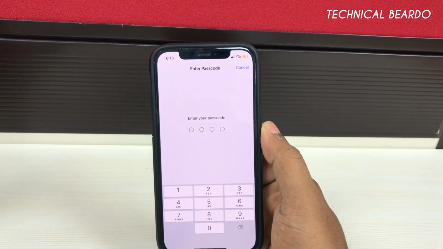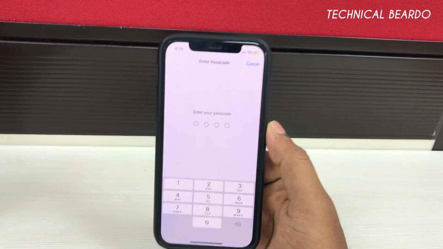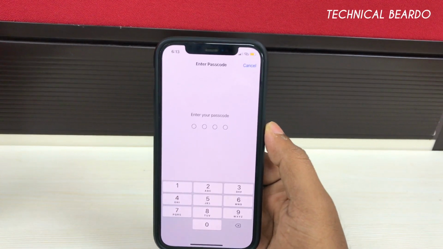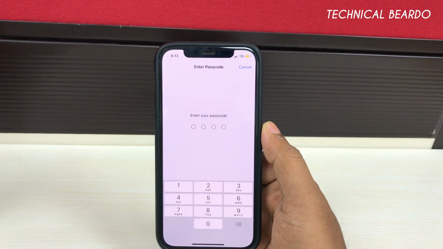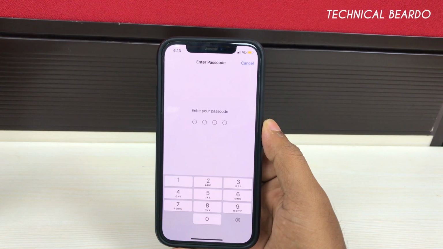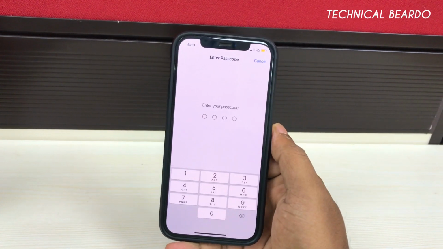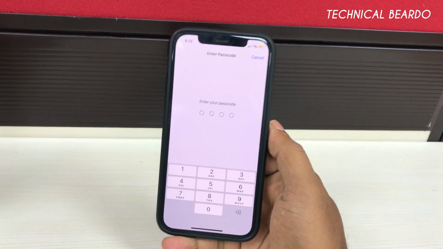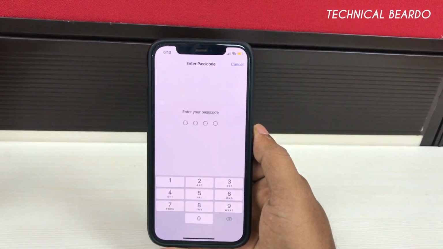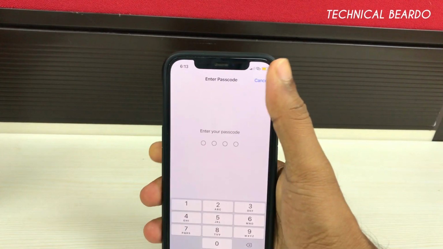After that, reinstall the beta profile just the way you installed it earlier, and after reinstalling the beta profile, go and check for beta updates. That might fix the issue and you might get the update. If there is any issue with the beta profile, it will be cleared because you are installing a new beta profile on your device. So just try removing and adding the beta profile on your device at one time.